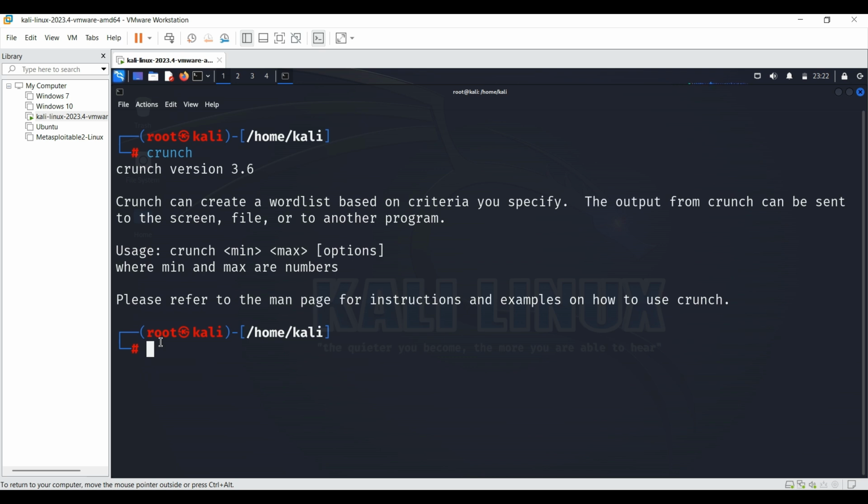So now we will see how to use this to create a word list. The basic syntax for Crunch is: crunch, then we have to enter the minimum password length. So we'll enter here 6, then the maximum password length 8, and then some options. We will create a simple word list with the password lengths I have given here, that is 6 to 8, and we will use lowercase letters. So just type